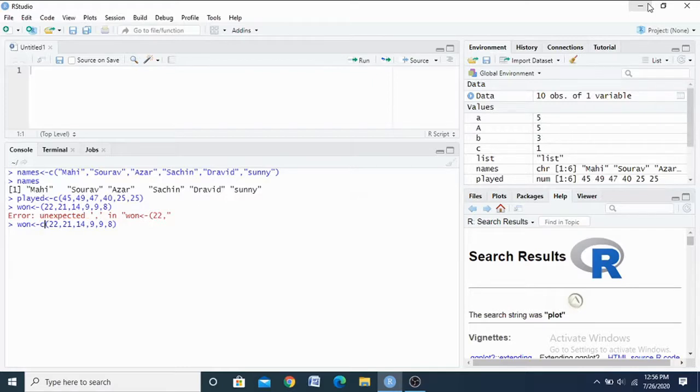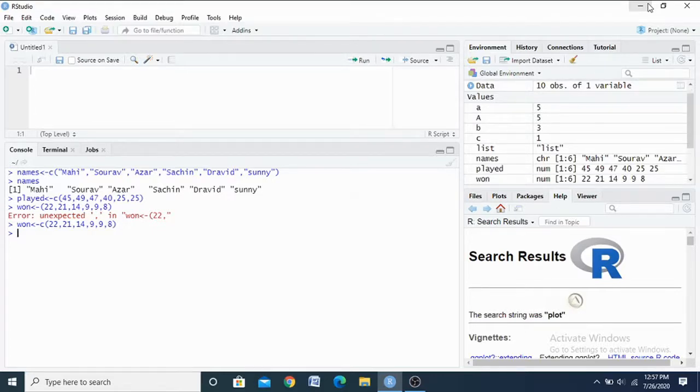So I am missing the character. Once again I go to the up arrow and retrieve the command, and run it again. Yes, now it is executed. You don't need to print each and every time in RStudio; just see in the environment whether the value is properly assigned to the particular vector.